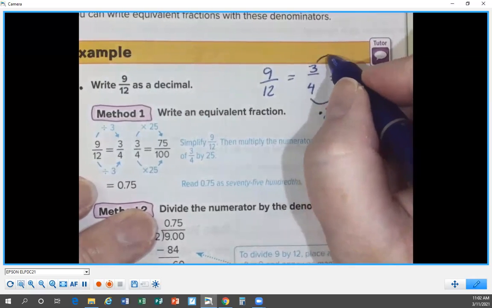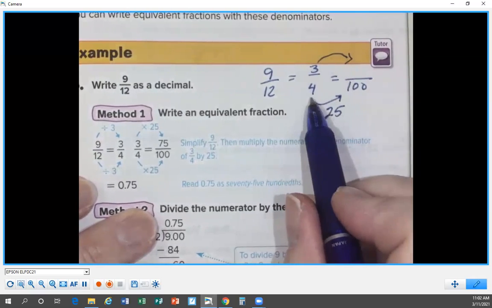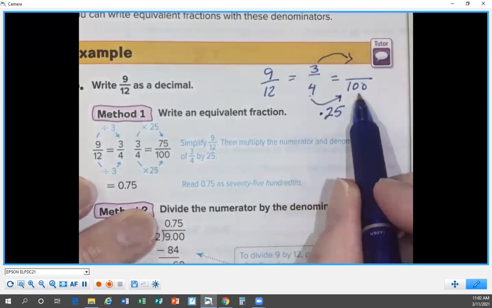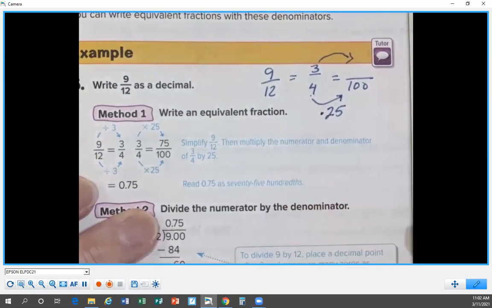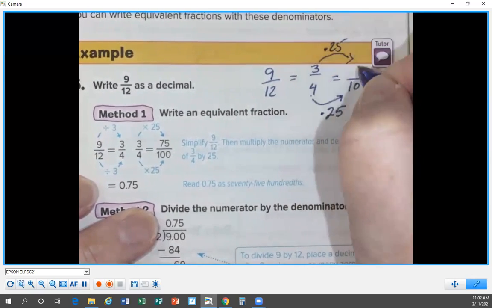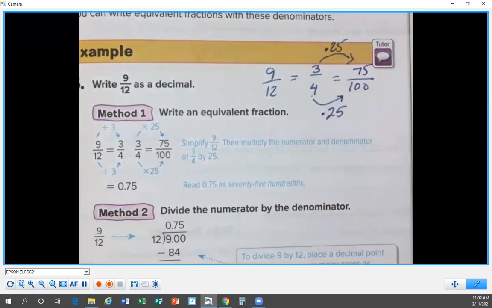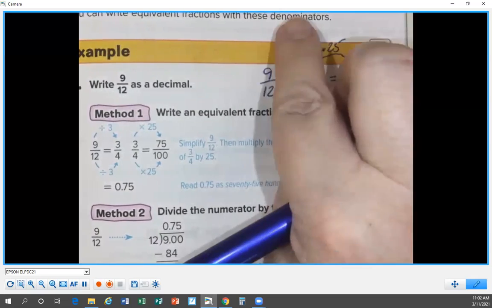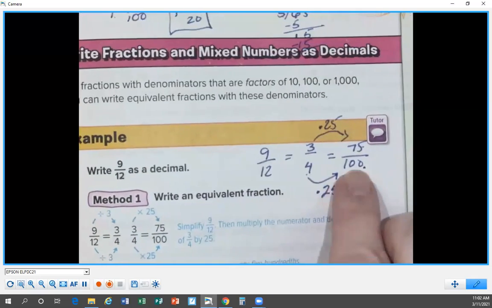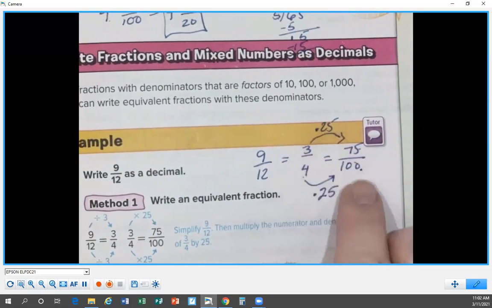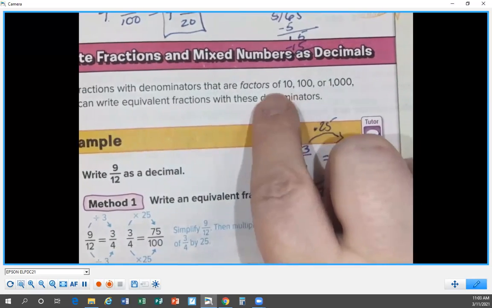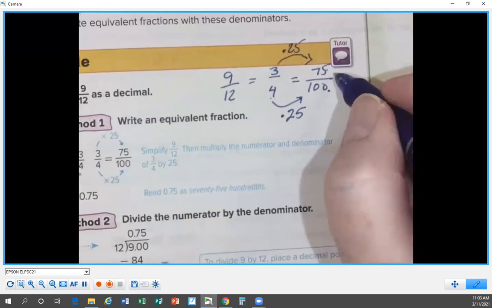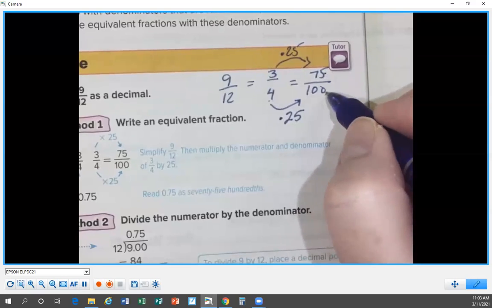So if I take my 3, I have to do this same thing. Whatever I do to my denominator, 4 times 25 is 100, I have to do to my numerator. 3 times 25 is 75. So I can write that as 75 over 100. Now my denominator is a factor of 10, so I want my denominator to be a factor of 10. Okay, so now I read it, 75/100ths, I write it